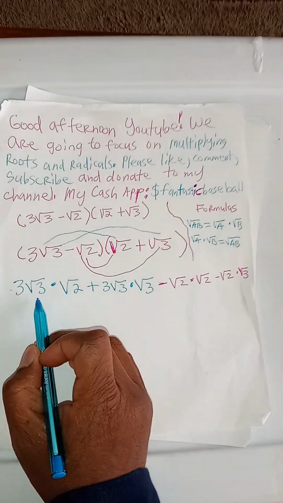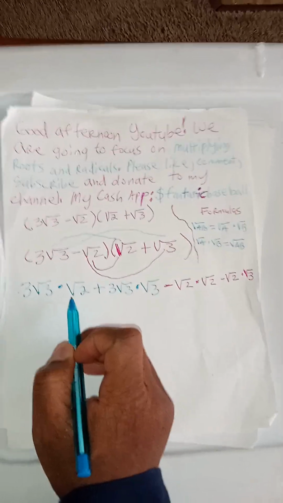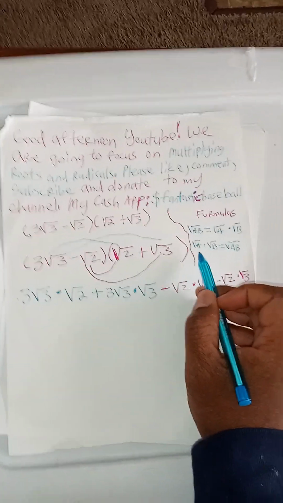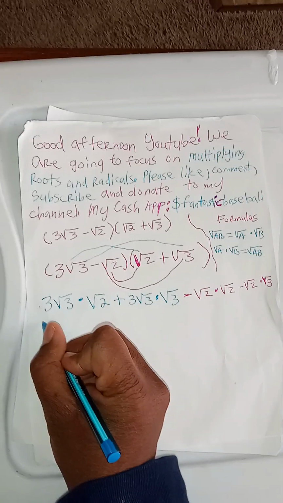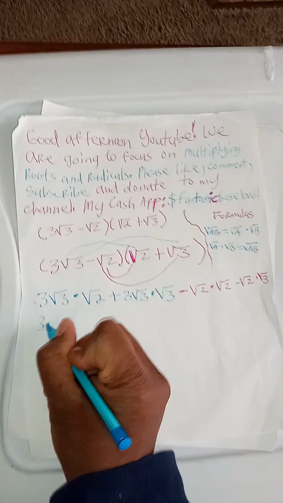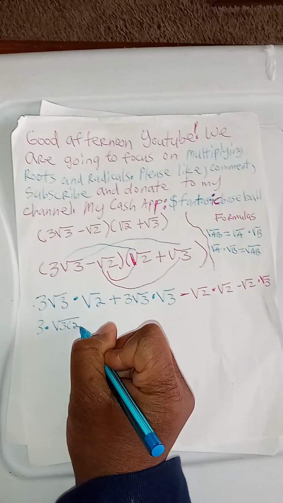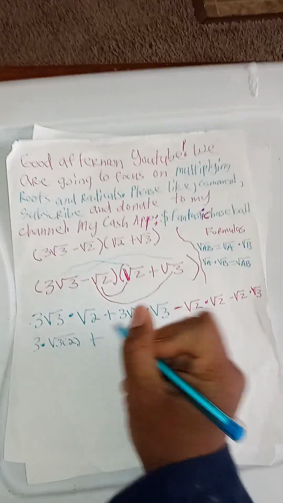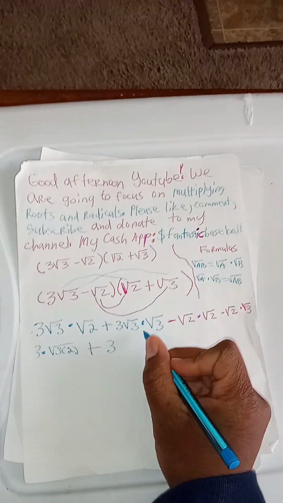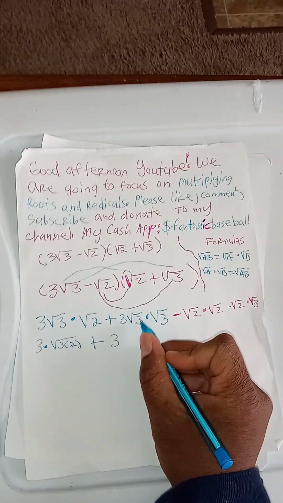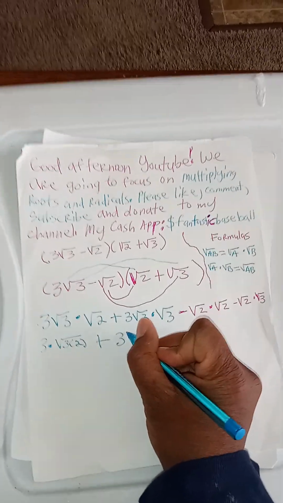So here, square root of 3 would be your A, and square root of 2 would be your B. If you look at the formula, it's in the form of square root of A times square root of B, and you can bring it together as square root of AB. So it's going to be 3 on the outside times square root of 3 times 2, plus 3. Then we have another case of square root of A times square root of B, which is the 3 under the square root and another 3 under the square root. So 3 times